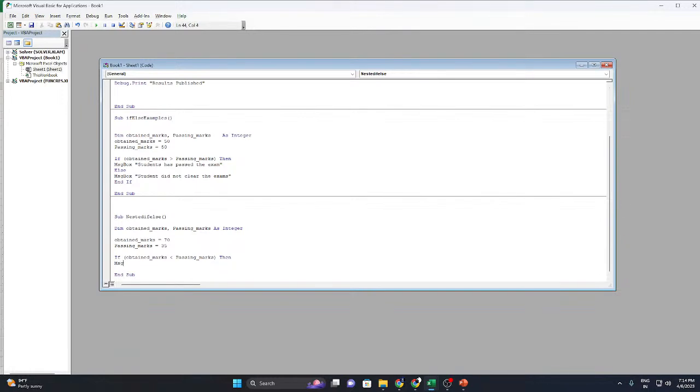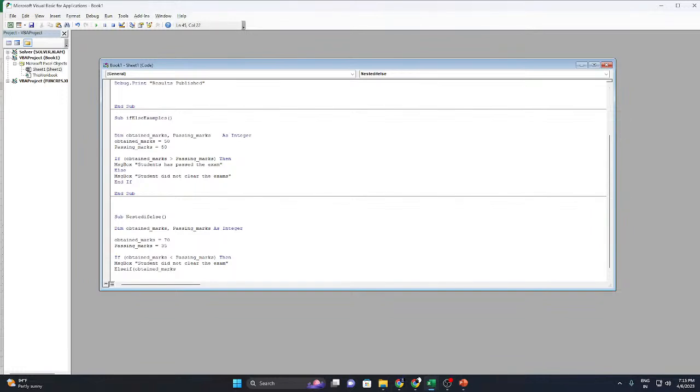I can set a message box simply: student did not clear the exam. Now after the if, I can set an else if. If this is not true, then go to else if, and in the else if I'm putting the condition